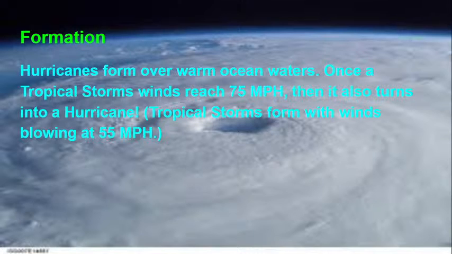Now I'm going to turn it over to the Hurricane HQ, and he's going to go over the most common and dangerous parts. Okay, so yeah, there are many different parts of a hurricane. Some parts are calm and some parts are very dangerous. The most calm part of a hurricane is called the eye, and the most dangerous part of a hurricane is the outer cloud wall. And you all can see by that picture right there,